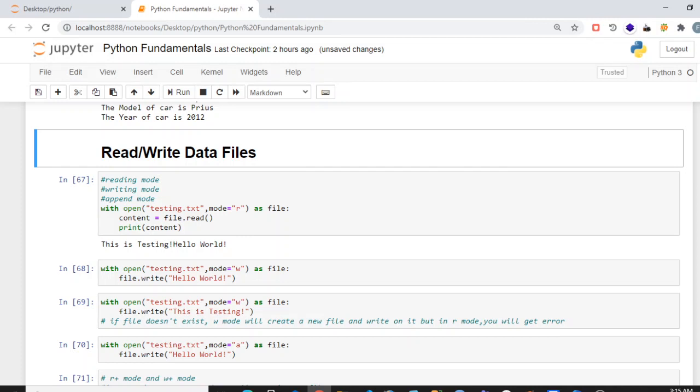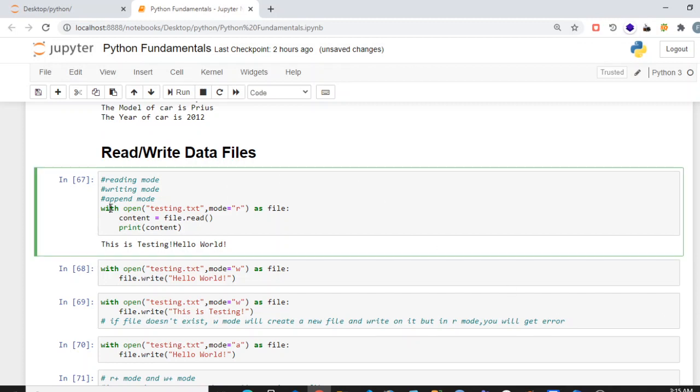And then after objects, we can read and write data from files. To read any file, you just have to use these keywords: with, space, open, then the name of the file, then you have to specify modes.